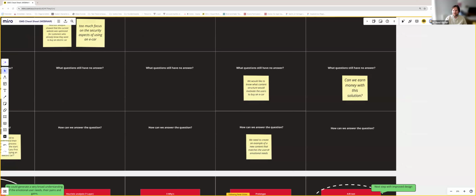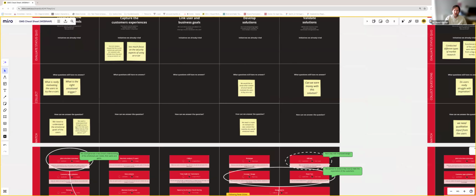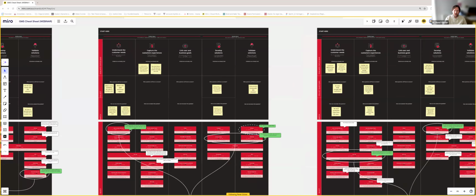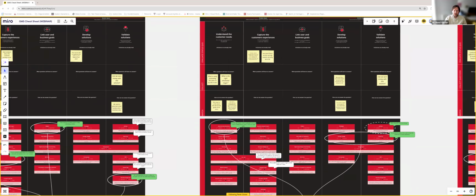And in the end, of course, we wanted to know, as in the case before, can we earn some money with it? Can we earn more money when we change the structure of the pages and address the emotional needs of the customers? So